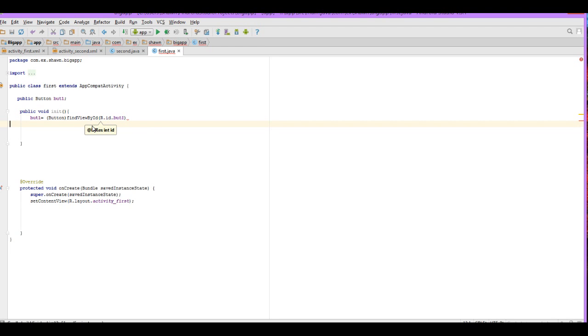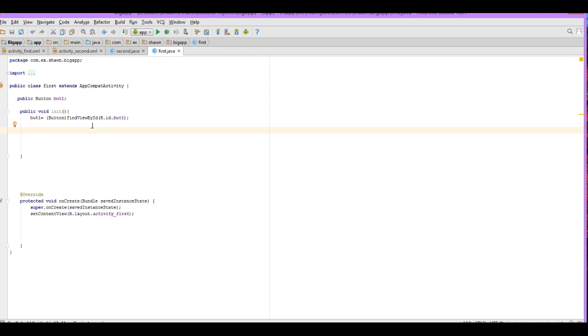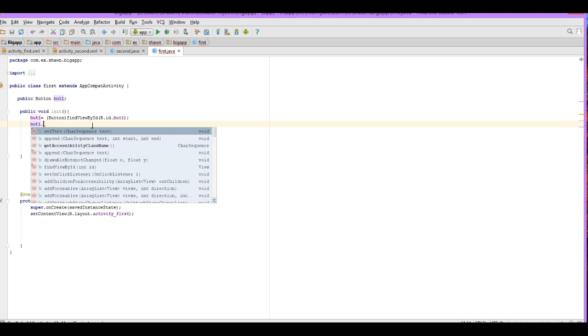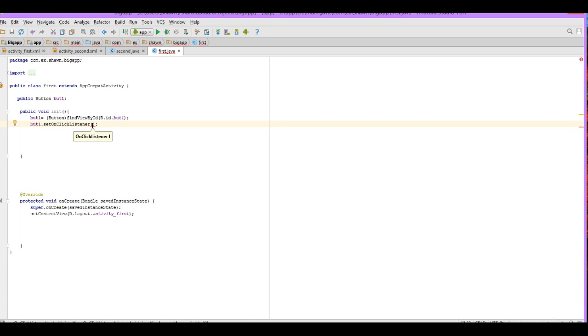So that will be R.id.but1, and we put our semicolon right there to finish our statement. Now it's time to wire our button. This is where the good stuff comes in. So we can simply do but1 dot, and we're going to set an on-click listener, setOnClickListener, and then inside the bracket we'll have